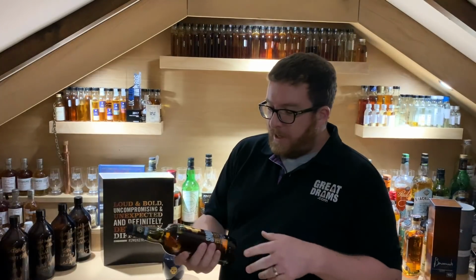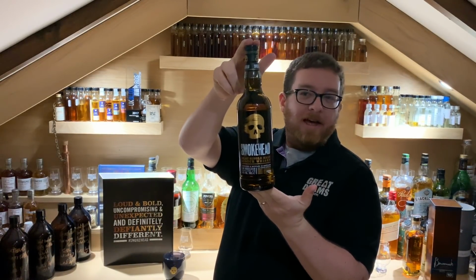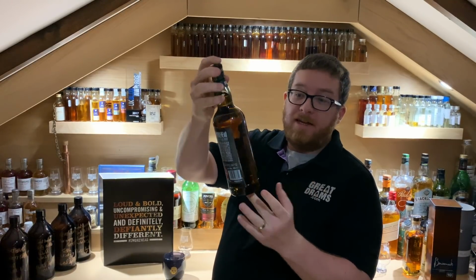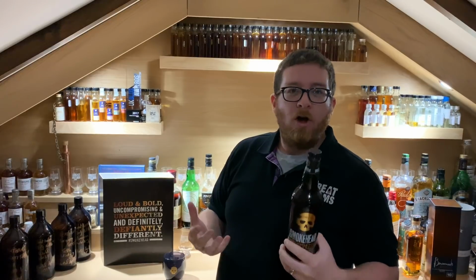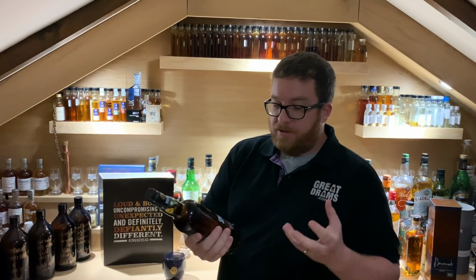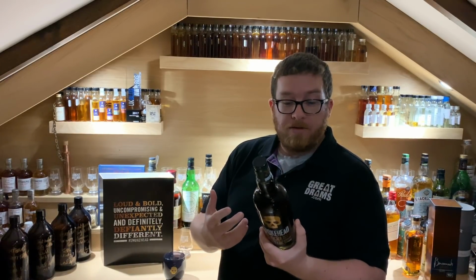Hey GreatDrams, today we're having a look at the newly released Smokehead. New design aesthetic, really amping up this skull and the menacing nature of what an Islay single malt Scotch whisky can be. This guy is 43%, bottled by Ian Macleod, and it's an Islay single malt, as I already said,